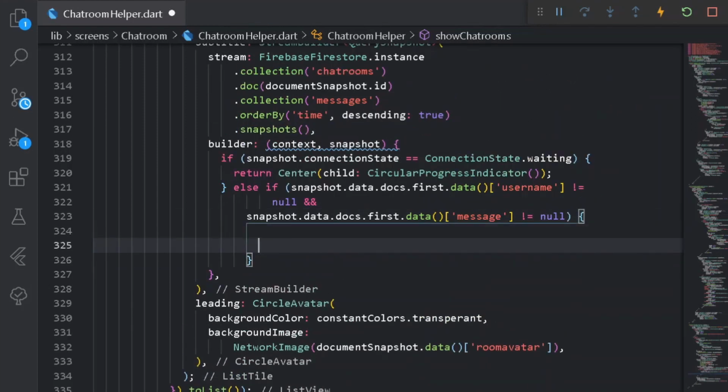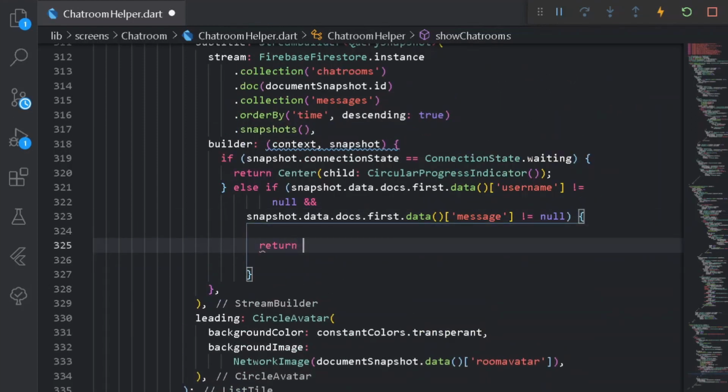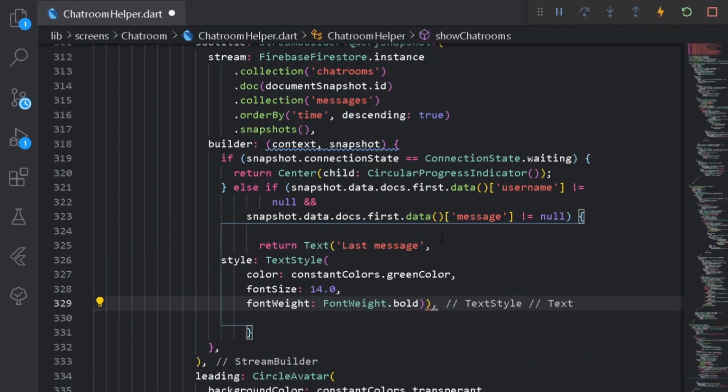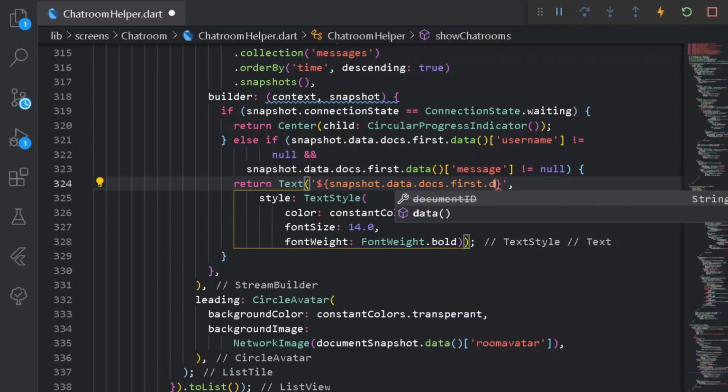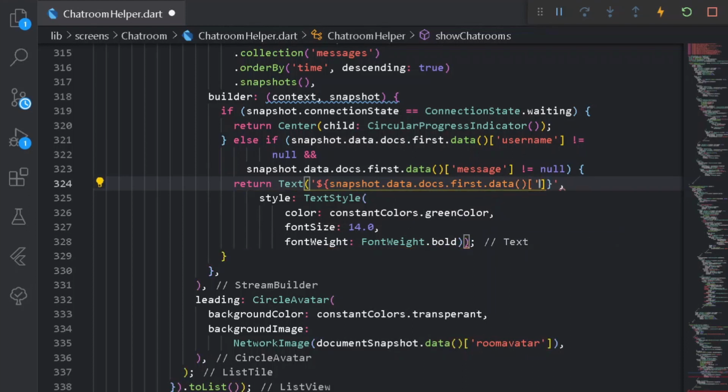So here under the else if condition, I can simply return the entire text, that is nothing but the last message, easy. So format document first. Under my last text I can simply remove the last message, and instead of that I can have a text under dollar quotation, and here I can simply have snapshot.data.docs, and from this docs I will take the first document, and from this I will take the data, and here I can simply say the username, not name but username, easy, and the username shall be denoting his last message.